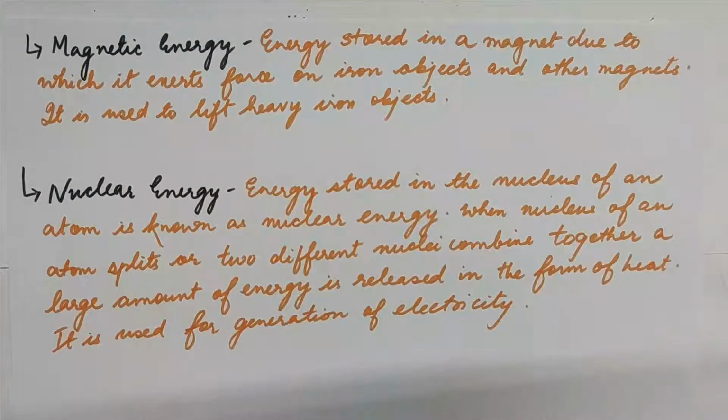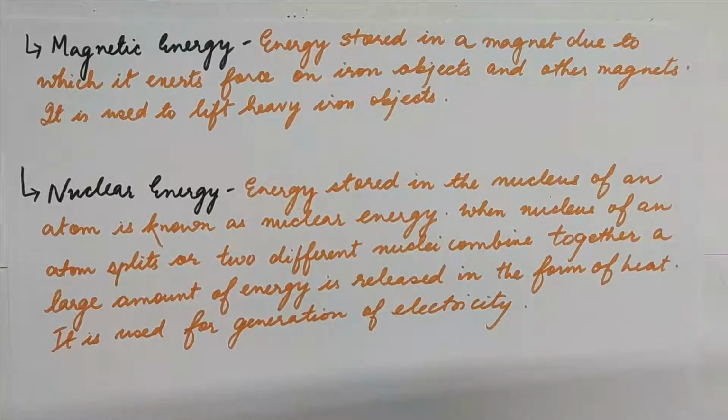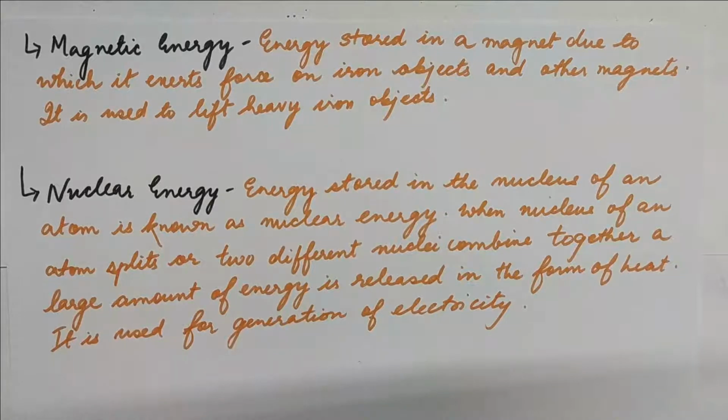The next type of energy that we will be talking about is magnetic energy. Now you might have seen magnets, you might have played with them, or you might have seen magnetic stickers on your fridge, right? They are the magnets which are able to attract magnetic iron objects. And so the energy which is possessed by the magnets is known as magnetic energy. This is also used in lifting heavy iron objects, or in removing anything magnetic which enters into our body. For medical purposes it is used as well, and also for separation of iron particles or iron objects from non-magnetic substances.